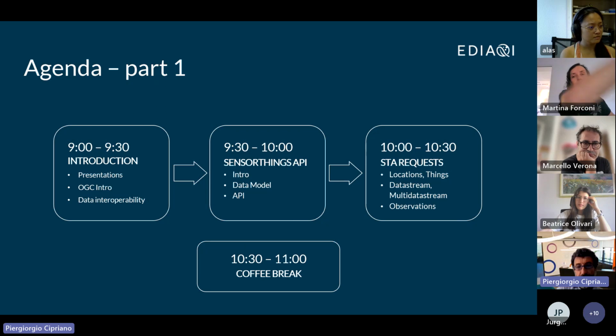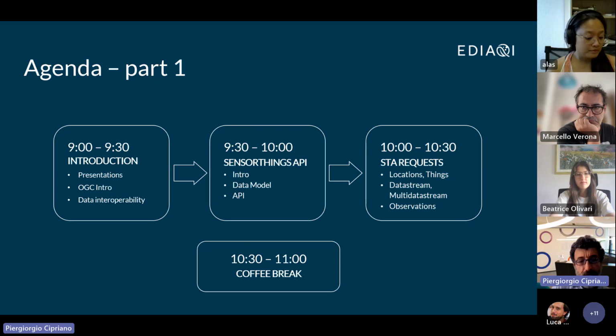During the first half, that will more or less last 90 minutes, we will start to break the ice with a round table. So we will present ourselves, also because we invited other people outside the EDIAQI project, since we would like to extend this module also to other people already working on sensor sourced data.